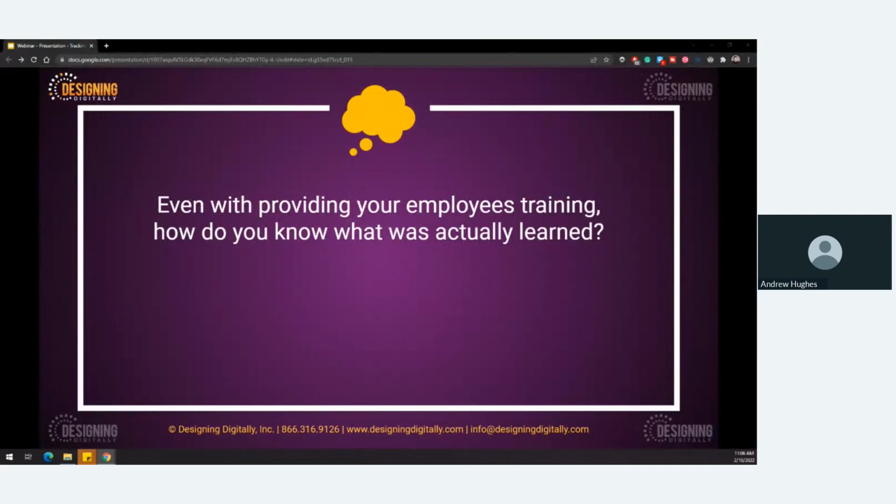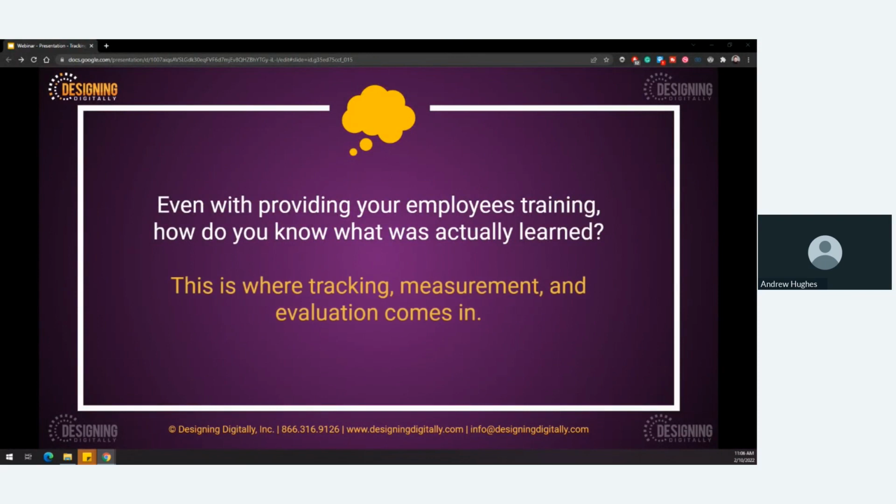Or they improved from the pre-assessment to the post-assessment, so we can see that there was some knowledge transfer. But how do we really know? This is where that tracking, measurement, and evaluation really comes into depth. And I'm not talking just doing a needs analysis and then evaluating what you're doing for content. I'm talking about evaluating what is actually happening as if you were a teacher in a classroom and you could